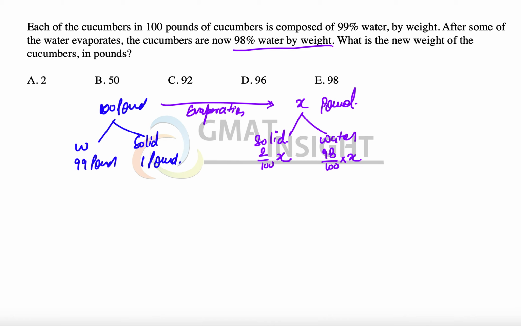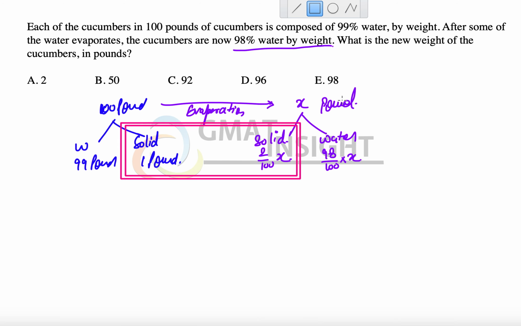Now the very important part to answer this question is: what happens when the water evaporates? Then the water quantity decreases, the total quantity also decreases, but what about the quantity of solid? And the answer is, the only thing that remains constant is the quantity of solid. That means the solid that we initially had should be equal to the solid that we had after the evaporation